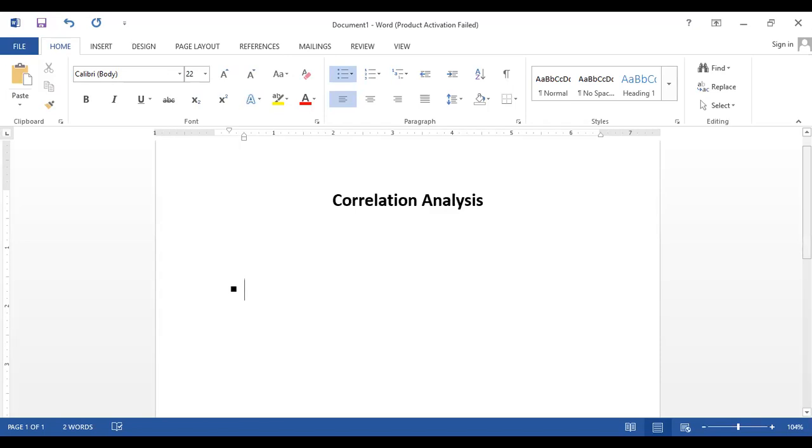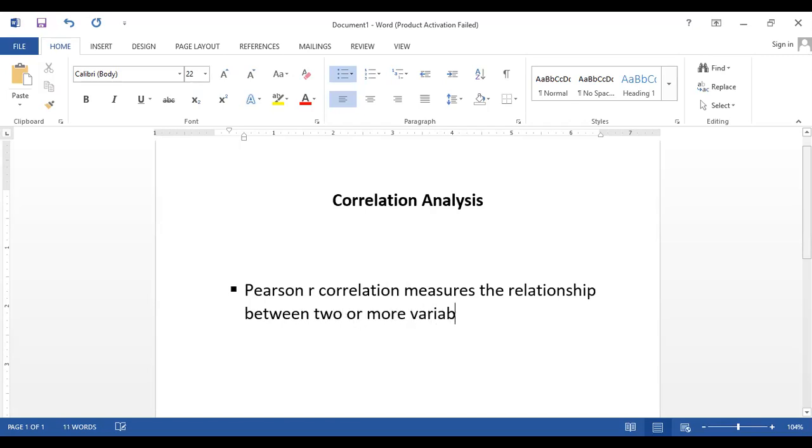So in conclusion, we can say what correlation analysis is and how we perform it using SPSS software. At first, the correlation analysis that we perform uses Pearson R correlation. Pearson R correlation basically measures the relationship between two or more variables.